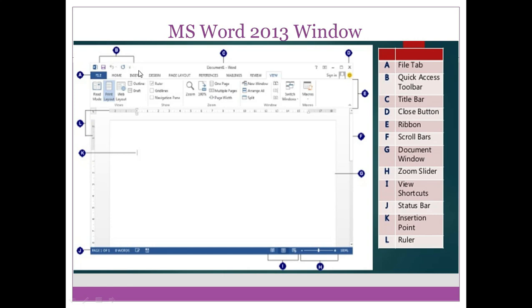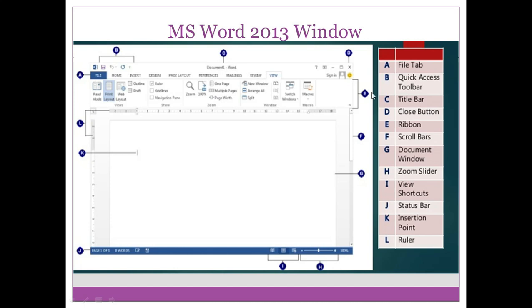C. Title bar. On the top of the window, we have a strip showing the document name and Word, and it has the close and control buttons. It shows the name of the document.